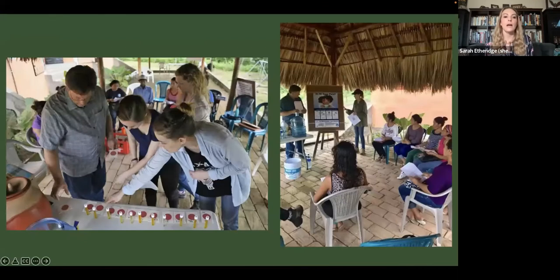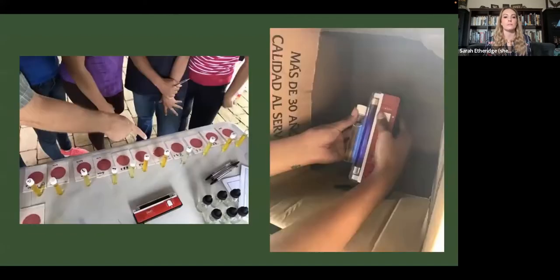So here you can see I'm with the president of Brightwater Gym, and then I'm with a couple of my students, and we are going through the water samples that were collected by the people in the program, and we are looking at the results. And then you can see on the right-hand side, I'm going to go through some of the curriculum that we developed. But in Nicaragua, the mothers were really the people who volunteered for this program. I shouldn't say volunteer, they volunteered, but they were paid. They became staff for us.